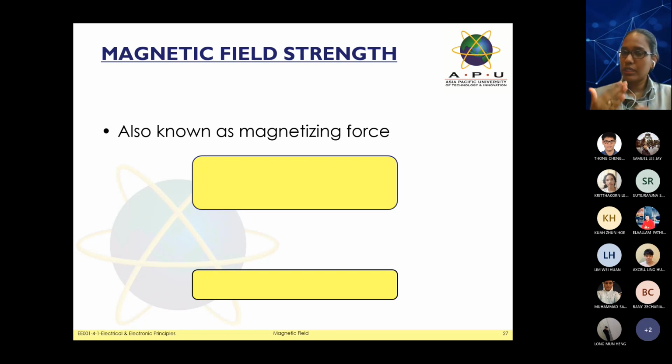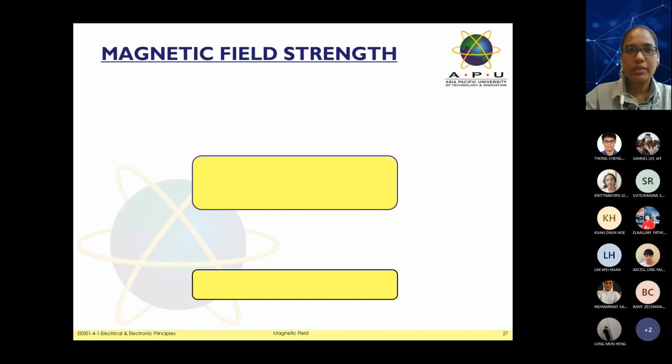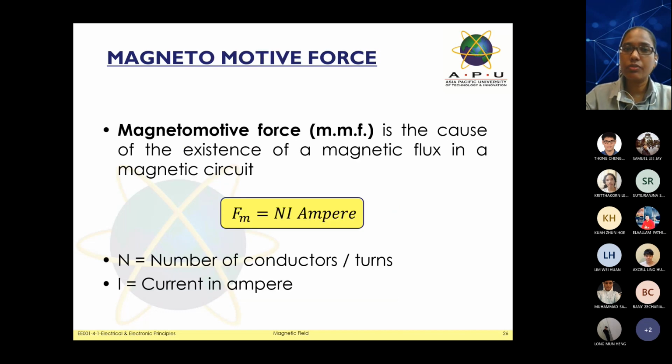So when we go through the slides, most of the slides have a formula, so I want you to jot down the formulas. The one we learned before this is the magnetomotive force, which uses the equation F equal to Ni ampere. As we know, N stands for the number of conductors, and I is the current flowing into the conductor. When they say conductor or turns, it is indirectly related to your inductor. Since the magnetic field and inductors are related,